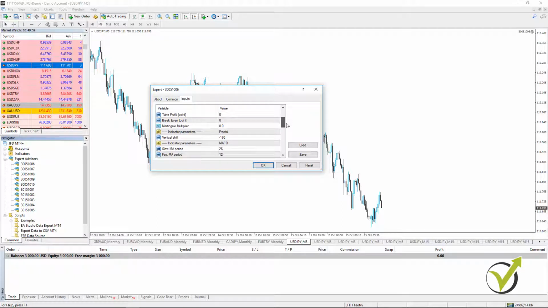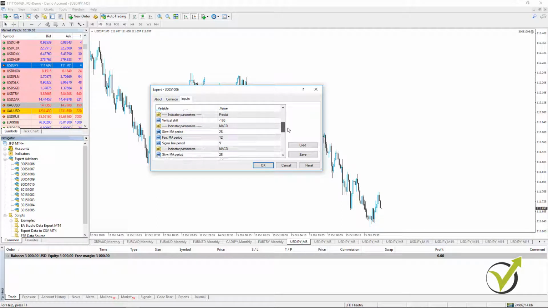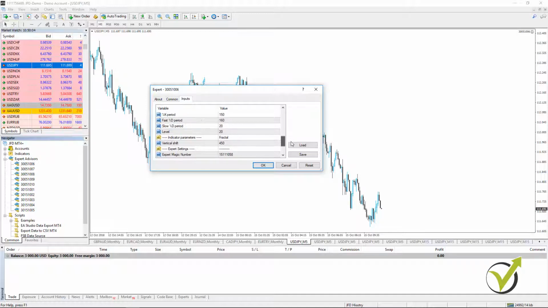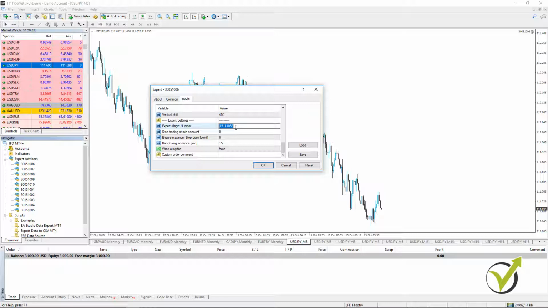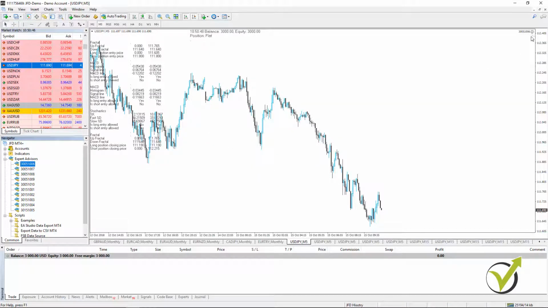And below you can see the stop loss, the take profit, break even, and the other parameters that we have for the strategy, and below here is what we call the magic number. Here you will see some random number, but what I prefer to do is to place exactly the same number, the same name of the expert advisor, so this way I will know which expert advisor performs the best. Okay, I will click on OK, and in the upper right corner I will see the smiley face. This means that this expert advisor is already working.